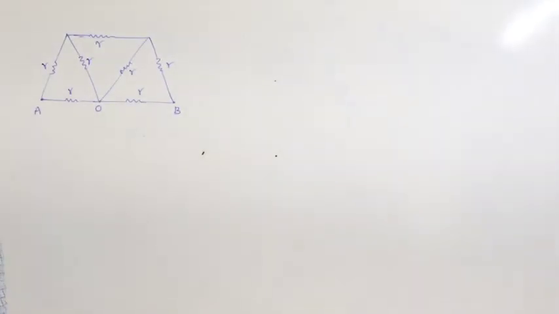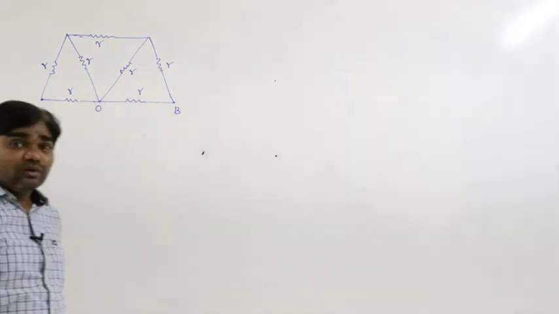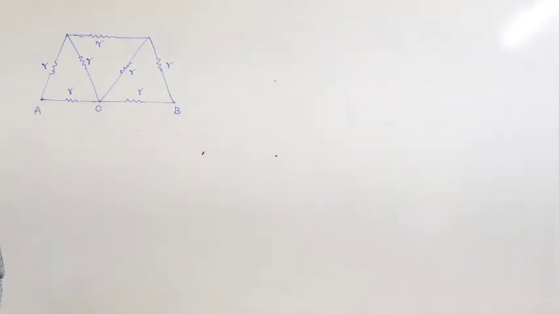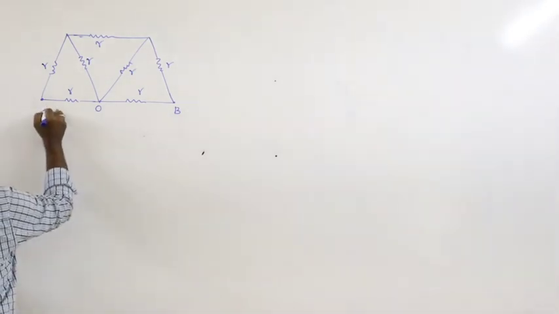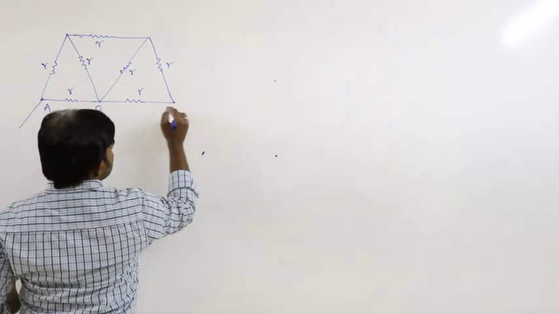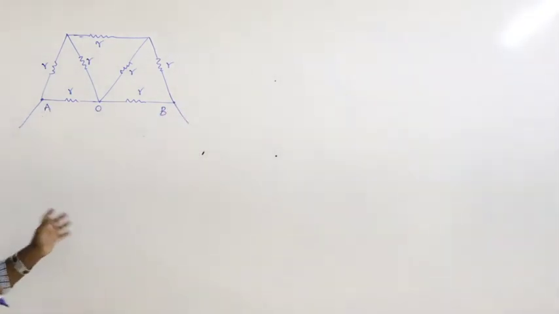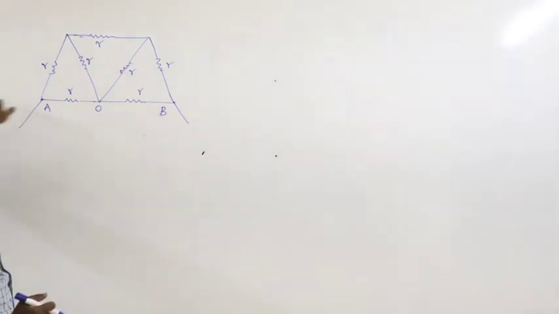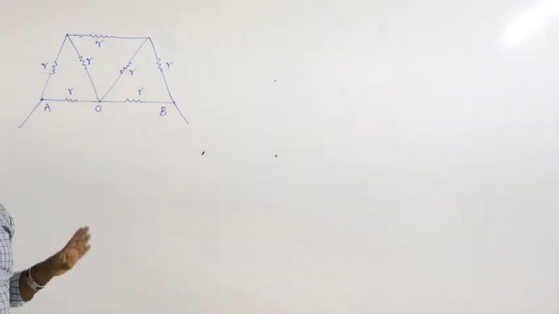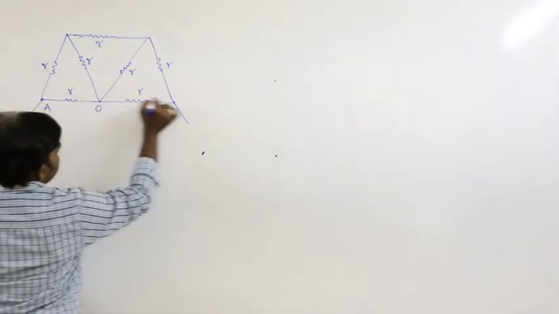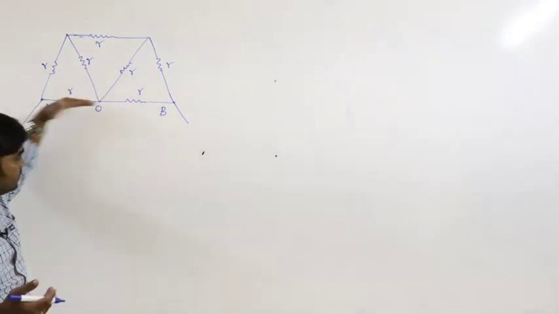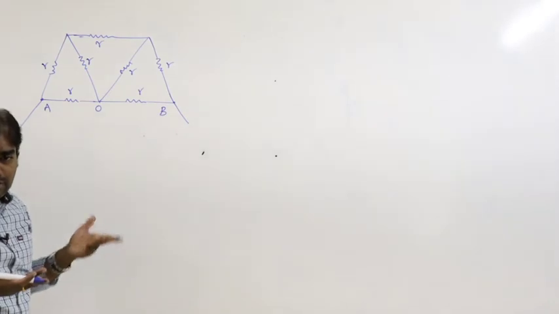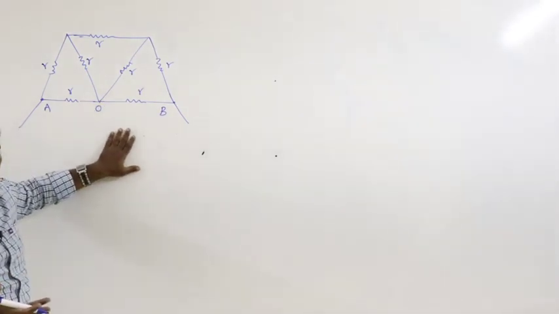Now we have to calculate the effective resistance between A and B. If you want to apply folding symmetry here, for example, if you apply the folding symmetry like this, below this line we don't have any circuit. So that's why it is not possible to apply folding symmetry here.